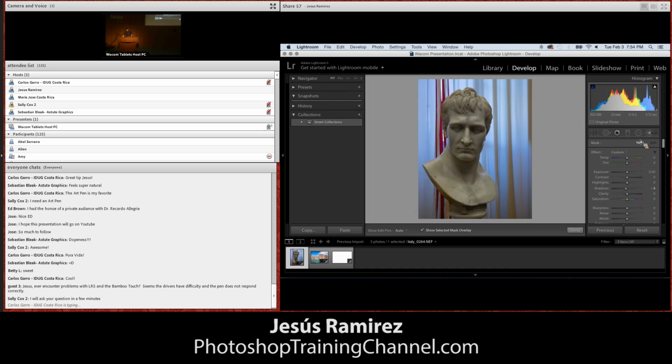So I've got my adjustment brush tool selected, and I can paint here on the side, and I'm going to press O again on the keyboard just to get rid of the overlay, and I'm just going to increase the exposure just so you can see how that works. So maybe you can create some dramatic effects by lightly touching, and I'm actually pushing too hard. I'm at a weird angle. I'm actually too tall for this podium, so I kind of have to hunch down, and it's kind of weird to get the right touch, but